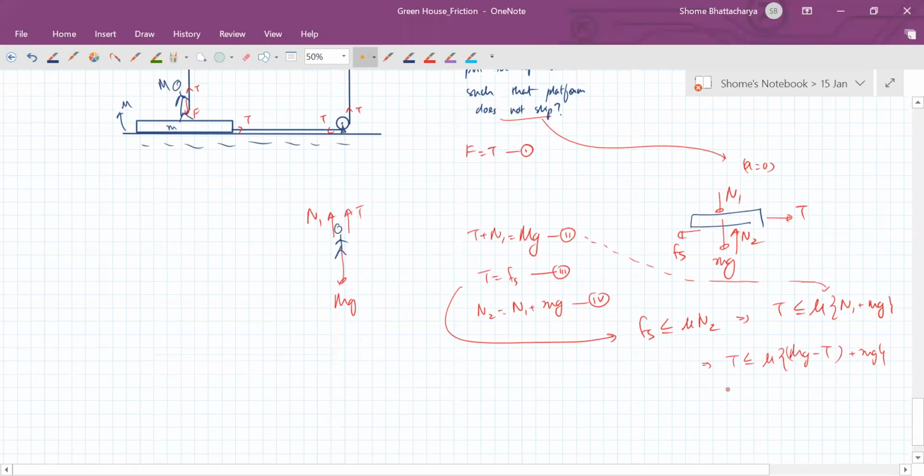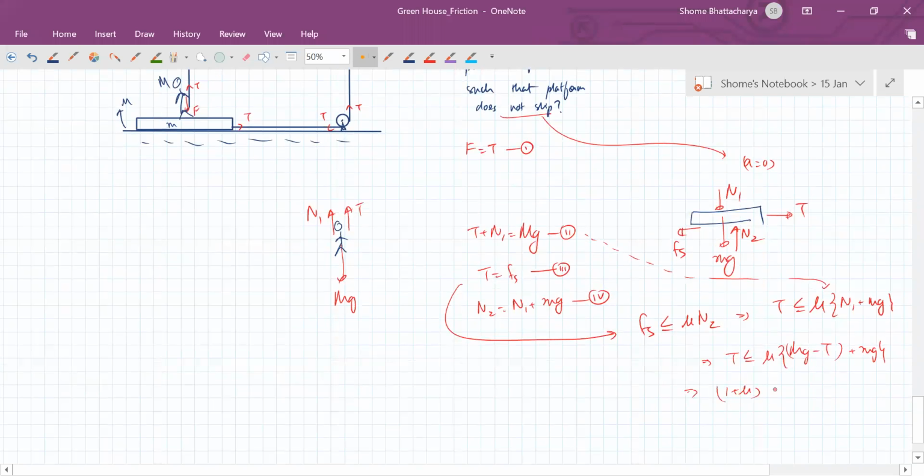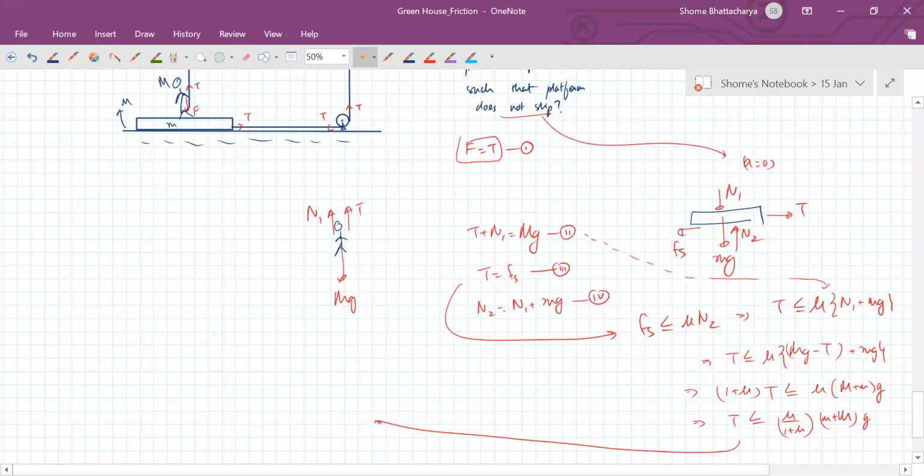So expanding this, you'll get (1 plus mu) into T is less than or equal to mu into (small m plus capital M)g. So tension should not exceed this value. Okay. And tension is the same thing as force. So from this, you'll see that force should be less than or equal to